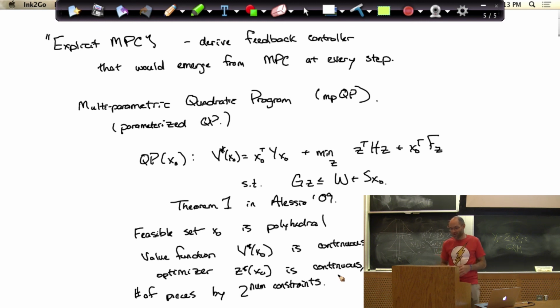And I'll show you, maybe I'll do it now, that it can get big. So this is, in my view, of theoretical value and less of practical value, but some people do advocate using this to solve things that I could compile down to a microprocessor, which would be faster than solving a QP on the microprocessor. Okay, so